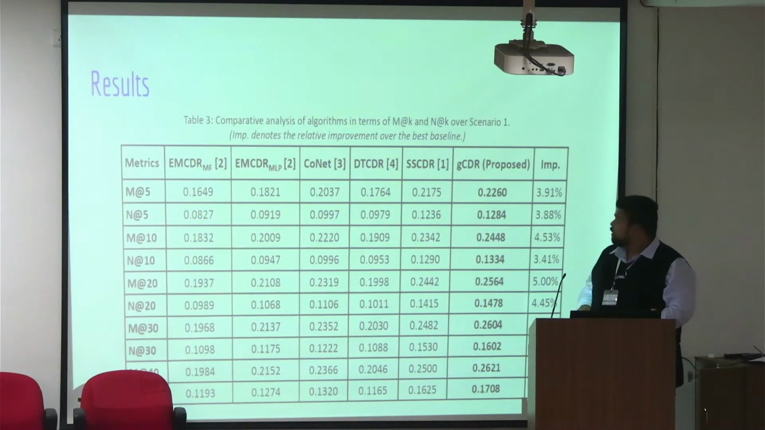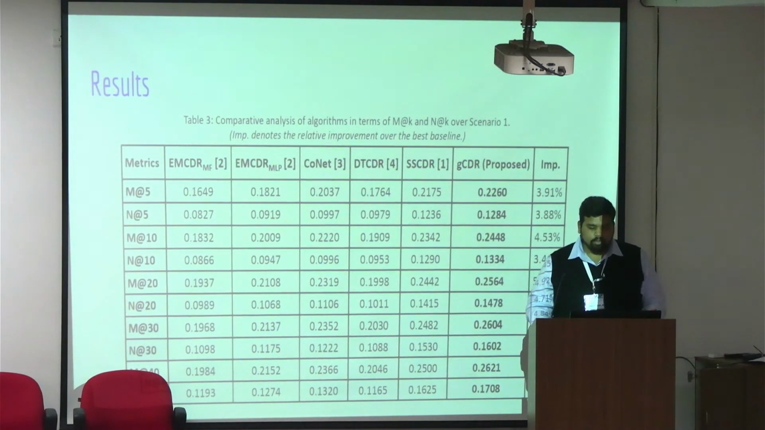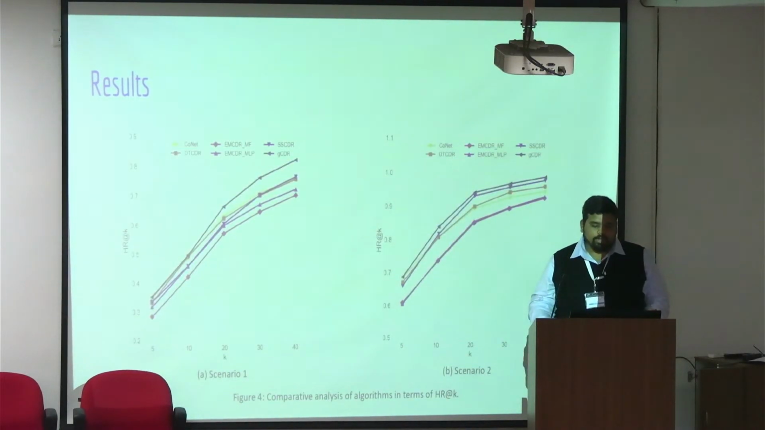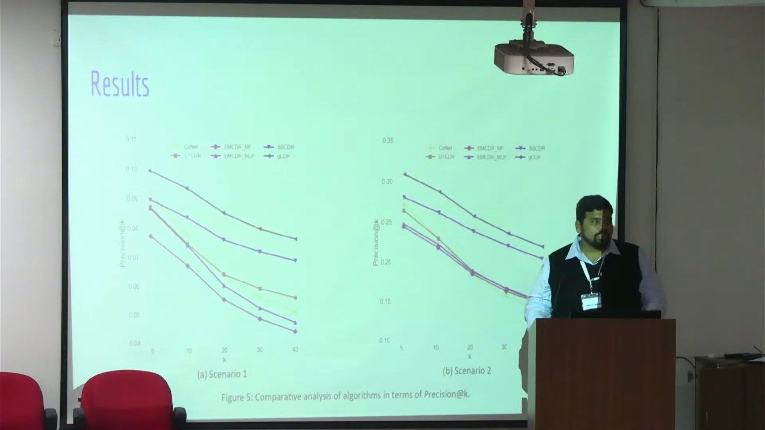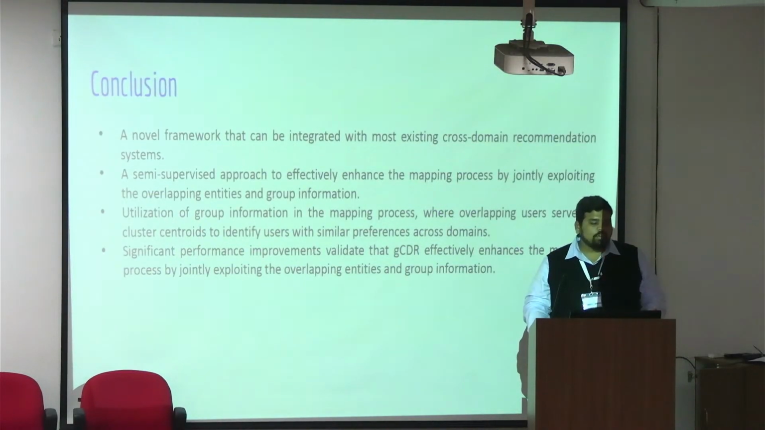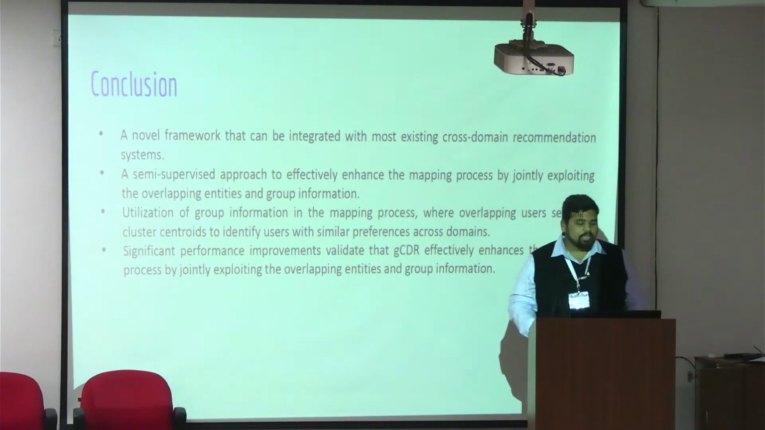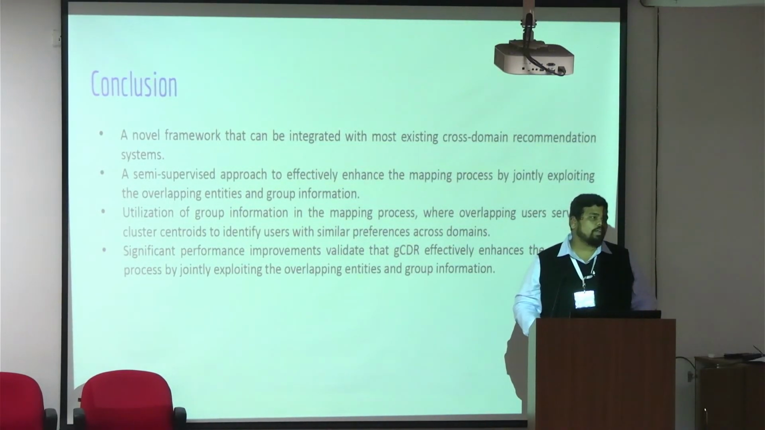So these are the results in terms of MRR and NDCG, and we found that our proposed framework outperforms all the other baselines in scenario 1 as well as scenario 2, and similarly for hit ratio and precision we got better results. So this novel framework can be integrated with most of the existing CDR methods and utilizes the group information. The significant performance improvements validate that GCDR effectively enhances the mapping process by jointly exploiting the overlapping entities